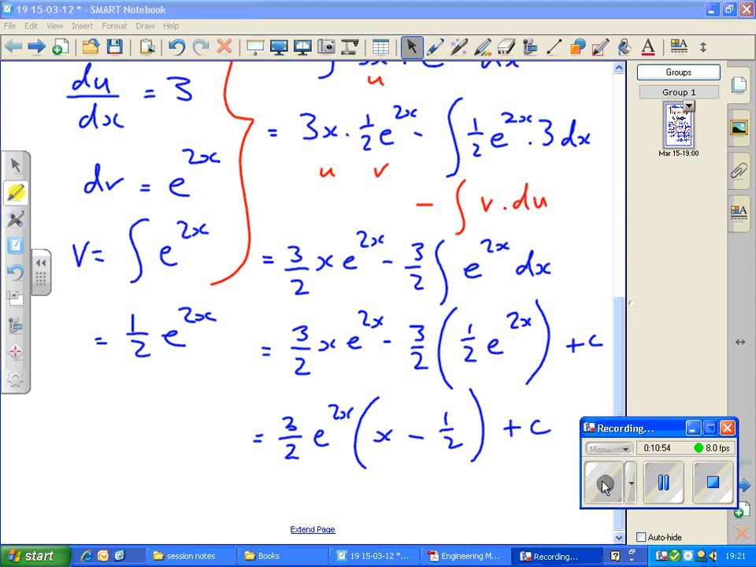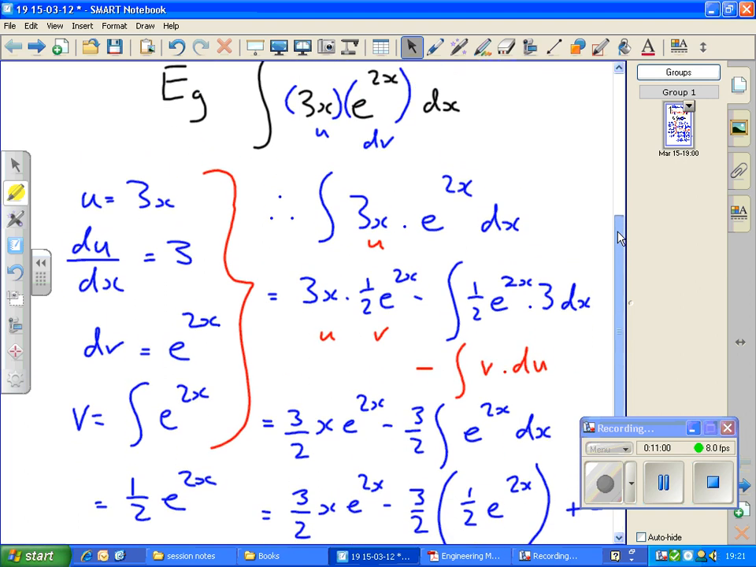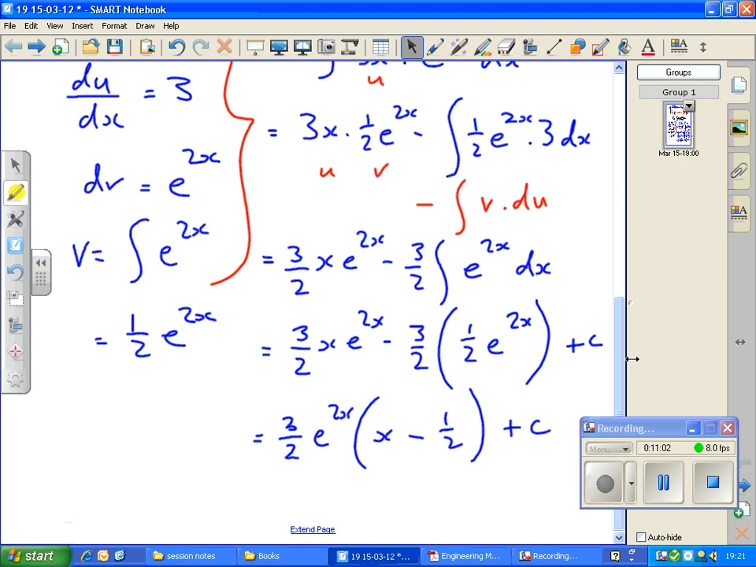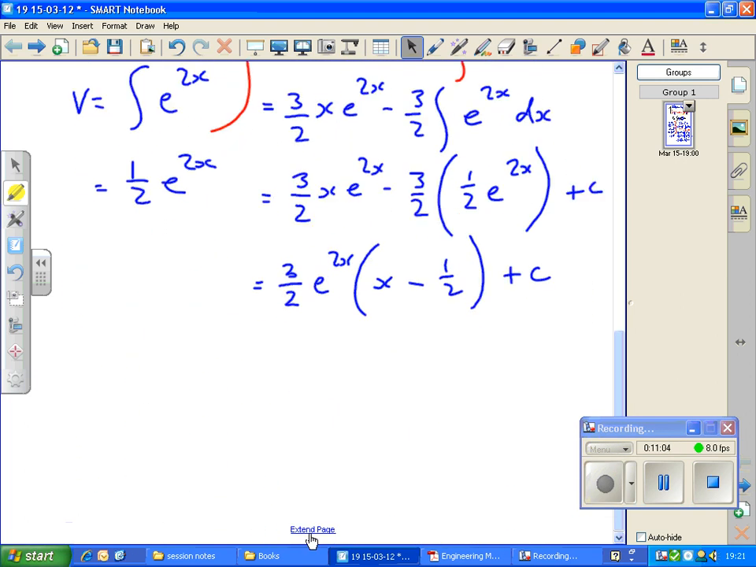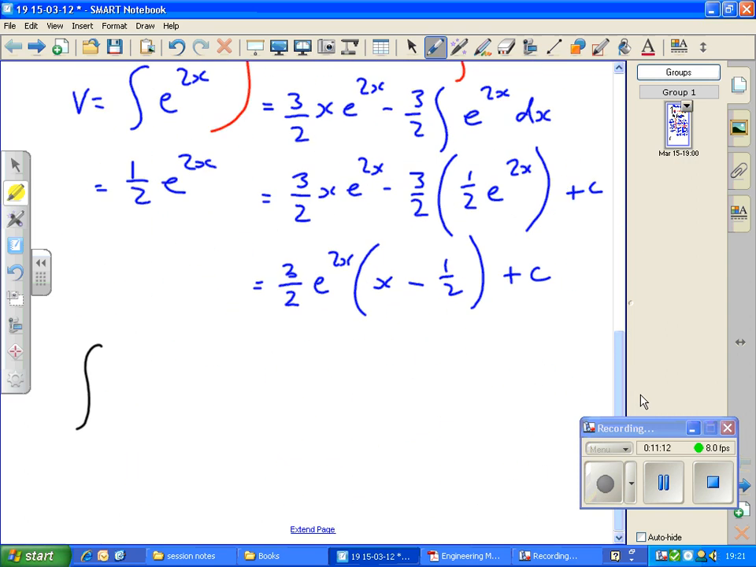I'd like to just finish this particular example off by summarising it a bit and highlighting some of the steps. What was the first integral we had to do? Let's put that at the bottom. The integral of 3x e to the 2x with respect to x becomes,